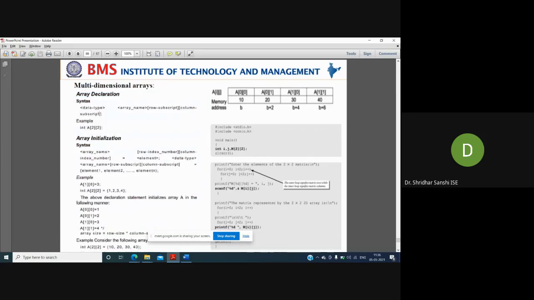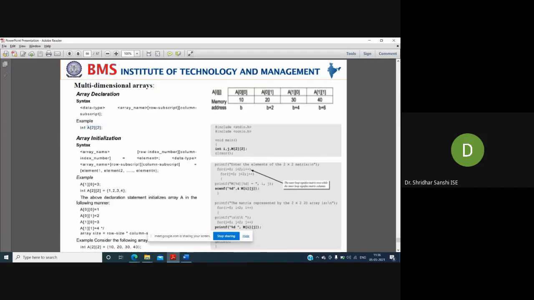You can see here, this is an example: int a of 2 followed by 2. This 2 corresponds to the number of rows, and this 2 corresponds to the number of columns, so it is a two-dimensional array.